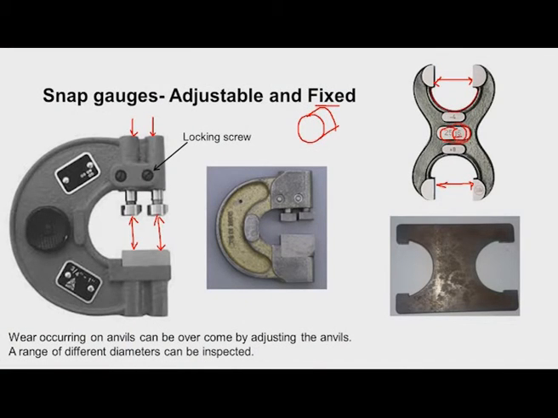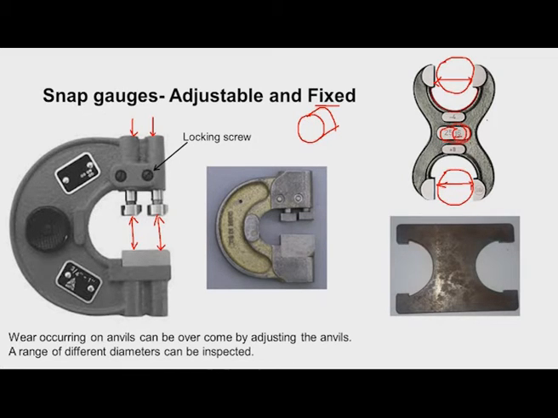And here I can see one more, different type, and this is the handle C, we say, since it is looking like C type snap gauges. Another important thing is, see the workpiece will go here like this, say go side.